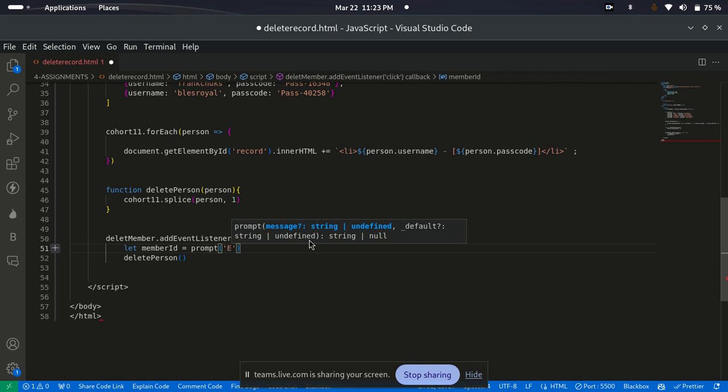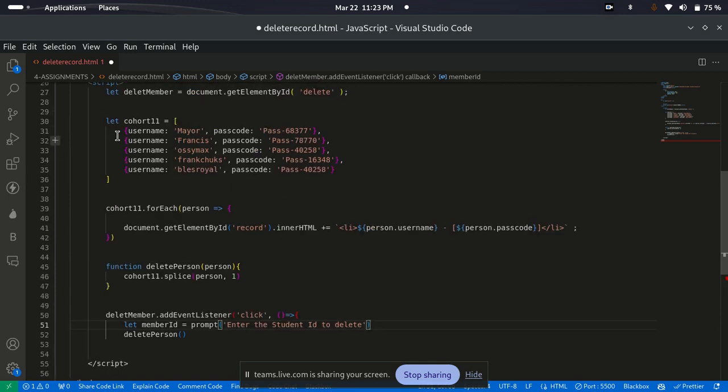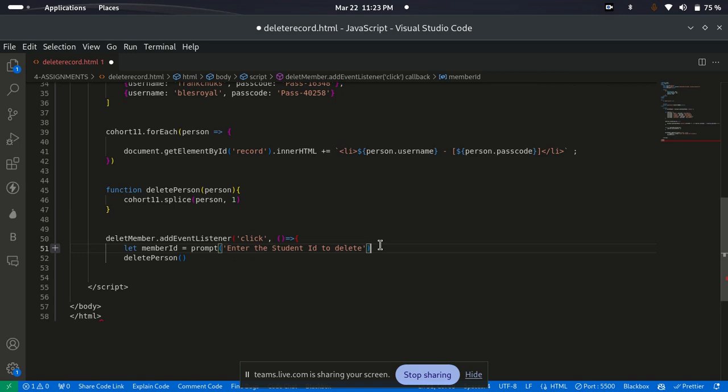Say enter the student ID to delete. We are going to make sure we attach the student ID so that the user can see which one to delete. Once you enter the ID,